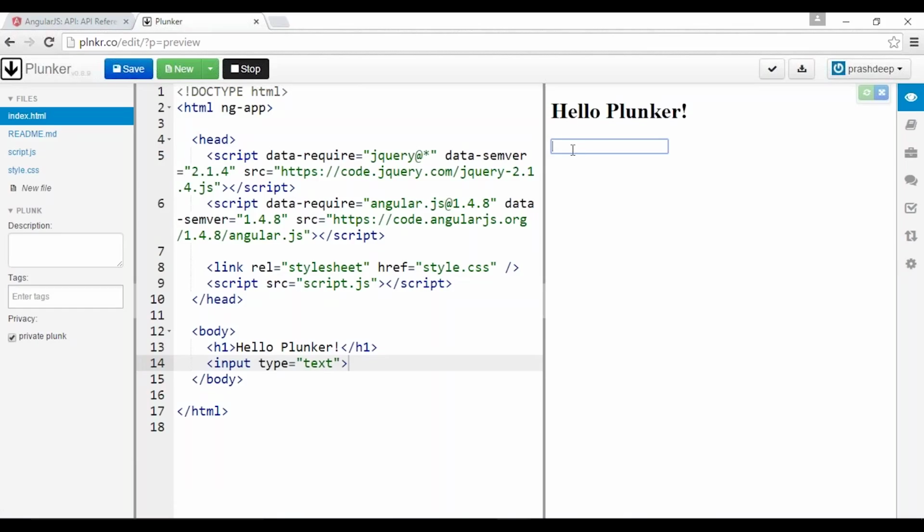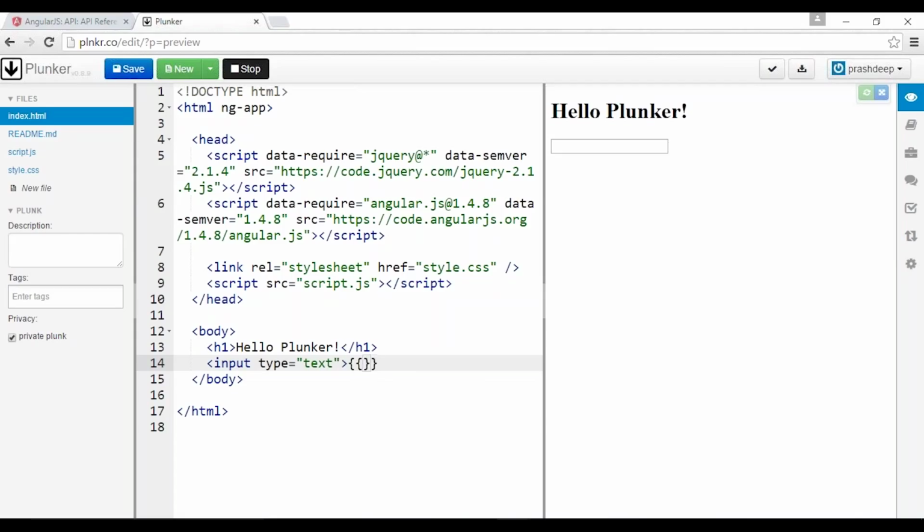Suppose you want to print whatever we enter in this. The traditional way is to use the DOM API, that is document.getElementById, and then we have to put it on the console, right? So here I will just use the first version of AngularJS,